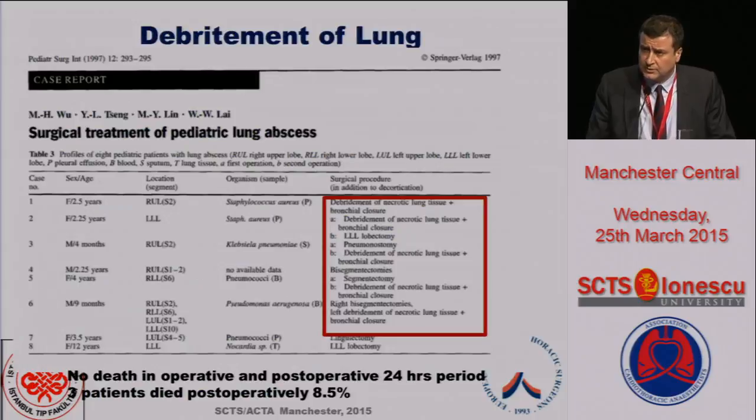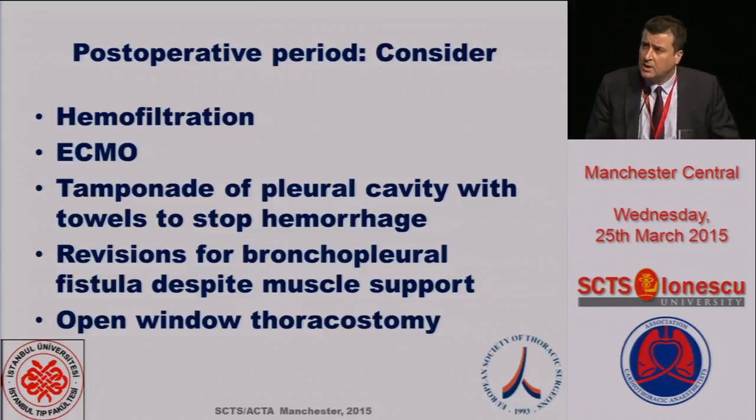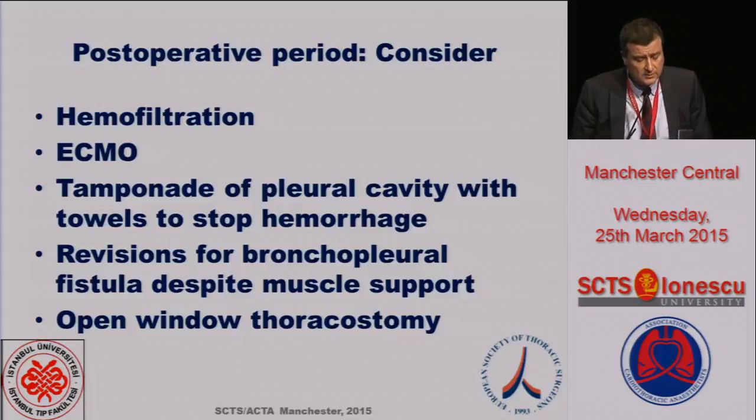Debridement of the lung could be considered in pediatric cases, and that's almost always done in critically ill acute necrotizing pneumonia patients in the infantile period by the pediatric surgeons. They prefer debridement more than the anatomical resections. The postoperative period in those patients is really complicated. This constitutes ECMO, hemofiltration, and tamponade of the pleural cavity with towels to stop hemorrhage, and revision several days later, or